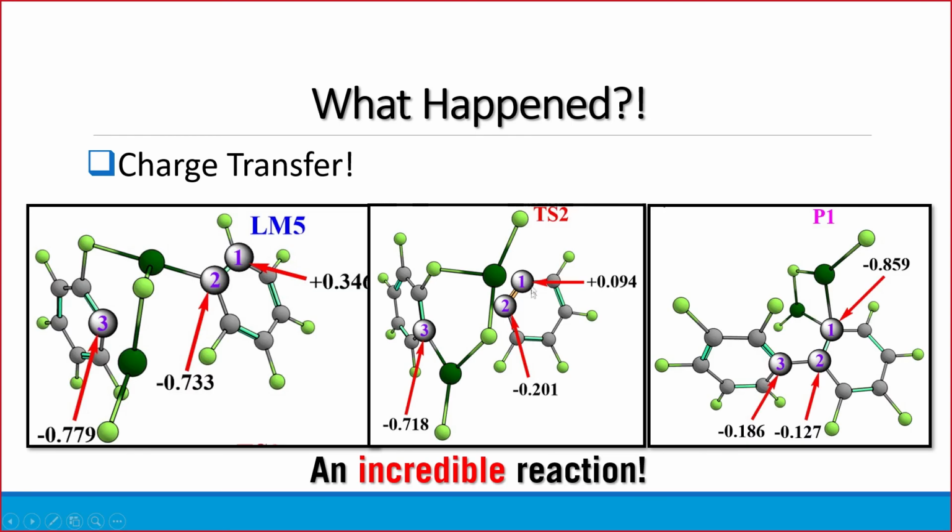Charge transfer happened. So what happens is, first of all, in this intermediate, we have what we expect, right? We have one Grignard reagent, another Grignard reagent, and they both are electrophilic, so they should not be able to react at all. This should not go anywhere. This should be going back in the Schlenk equilibrium. This should go back where it came from, and this should be over. But no, this